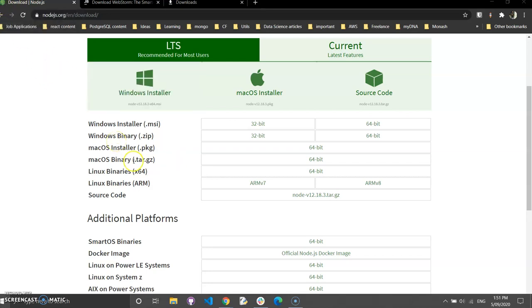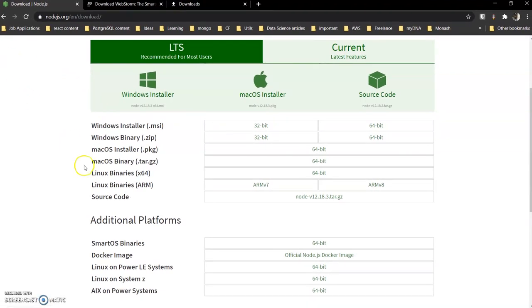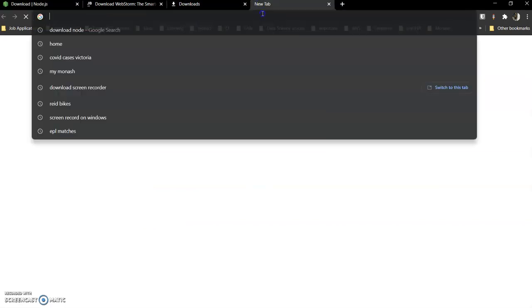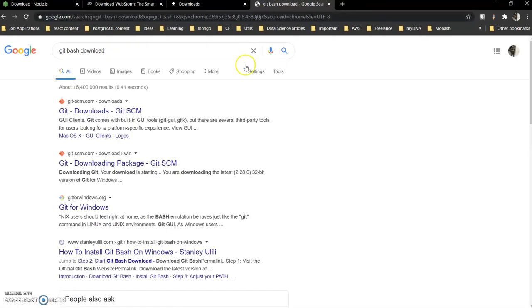Okay, now we are done with our npm installation. What we'll do now is open up our git bash, and for that we need to download git bash.